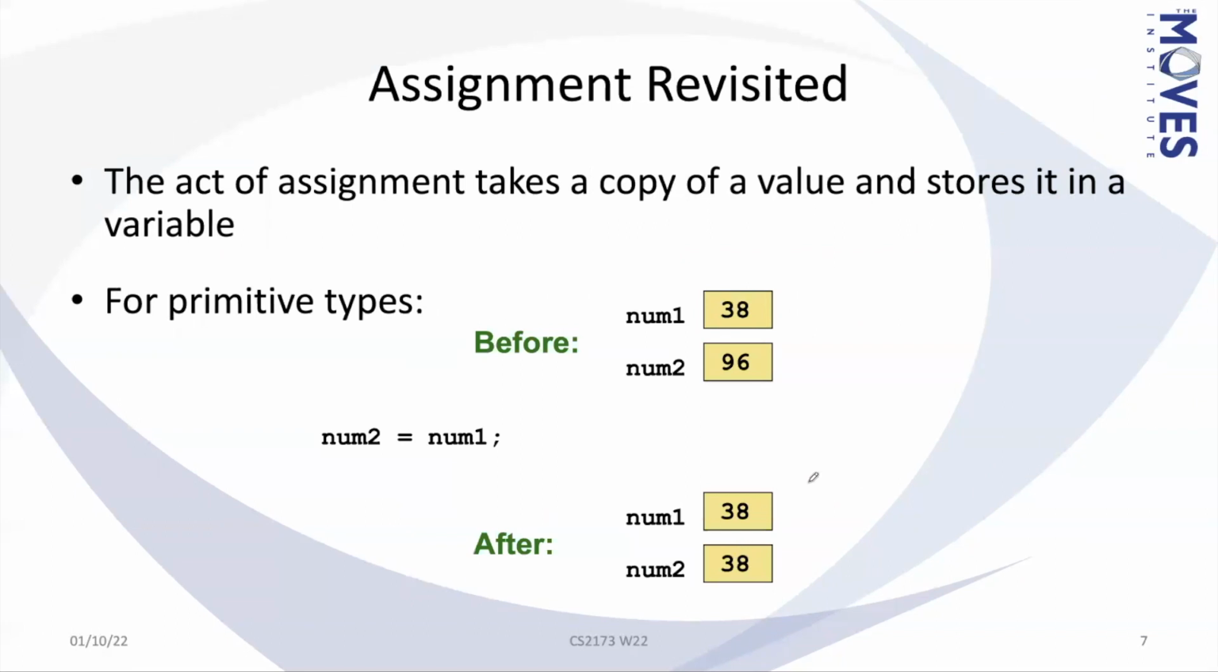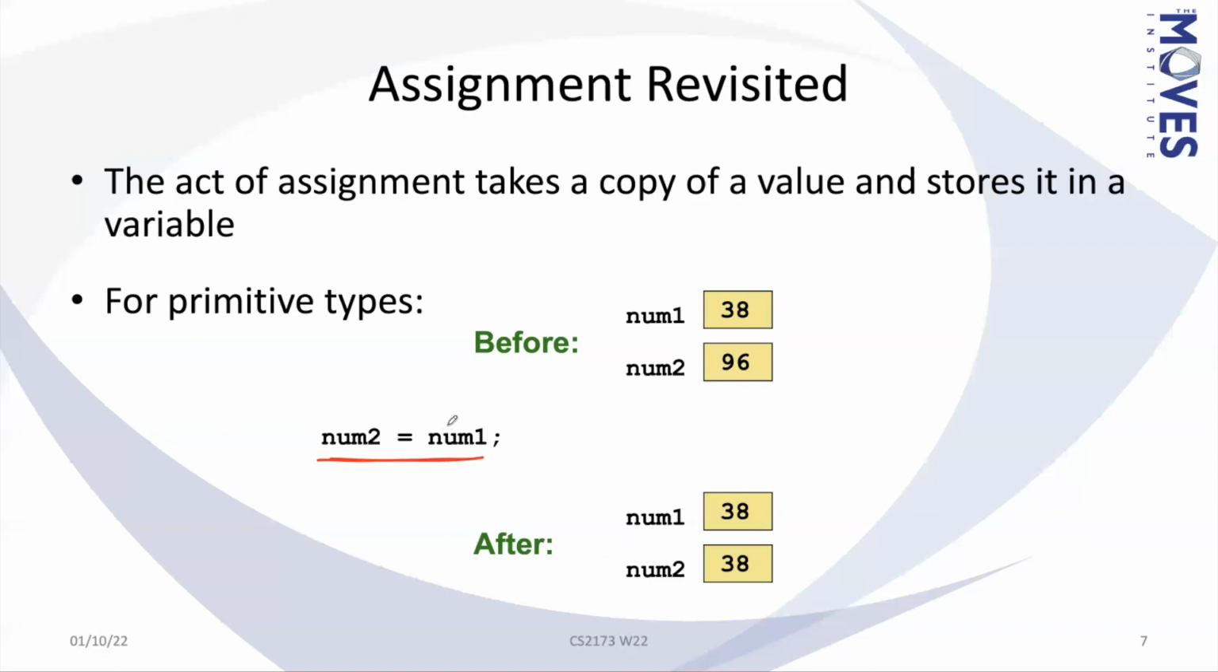Okay, so now what does assignment do? Assignment takes a copy of the value and stores it in a variable. So for example, before, here we have one int with value of 38, another int whose value is 96. If we execute this statement that says num2 is equal to num1,